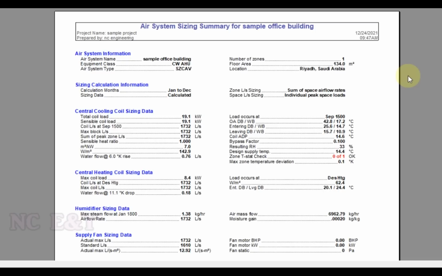Then you have to input the data for the structure of your building, U values for wall, U values for roof, for windows. Then you need to input your ventilation requirement, and select the indoor design condition.